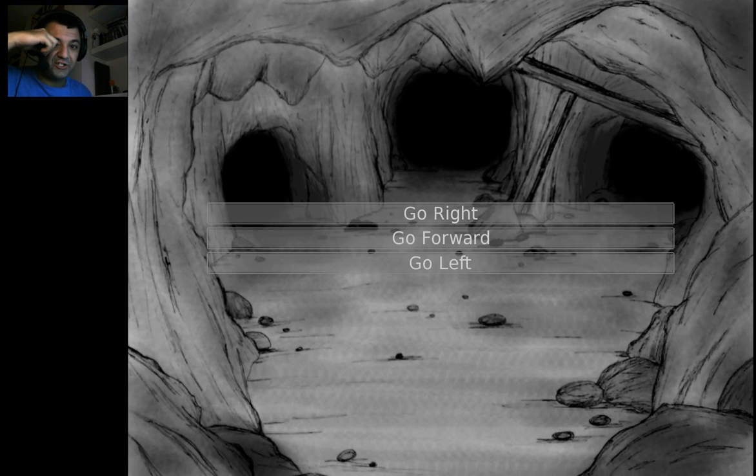Welcome back to Disturbed. Now when we last left off, we got trapped underground by typing in that strange combination in the tree, and now we've got three paths to choose from. We've got right, forward, and left. And I do not know. So...